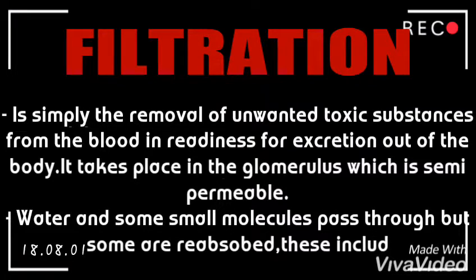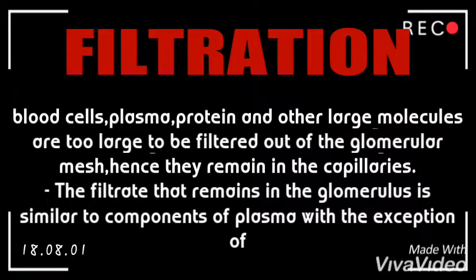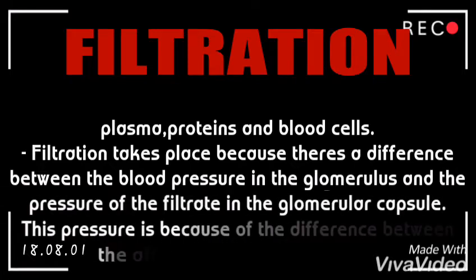It takes place in the glomerulus, which is semi-permeable. Water and some small molecules pass through. Blood cells, plasma proteins, and other large molecules are too large to be filtered out of the glomerular mesh, hence they remain in the capillaries. The filtrate that remains in the glomerulus is similar to components of plasma, with the exception of plasma proteins and